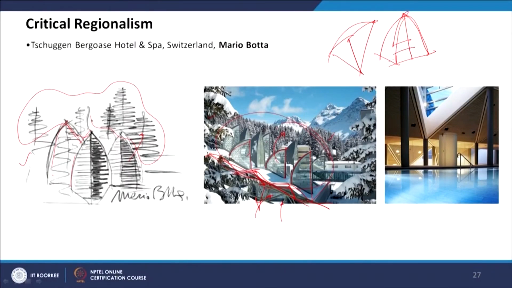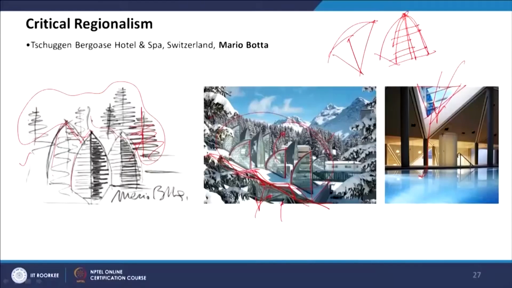And these lines in the skylight create a visual line that blends with the coniferous trees. Within that, some skylights also take in natural light, which is suitable for this extreme, harsh climate, so that the sunlight comes in and through the greenhouse effect some heat will be there. Also you have a visual connection from the outside, and through the big skylight you can see the outside, and there is a visual blend from nature